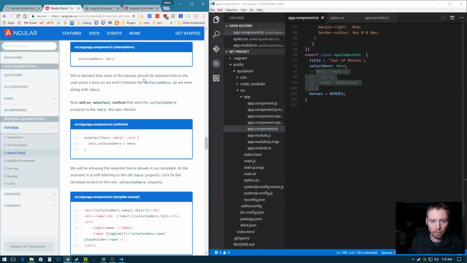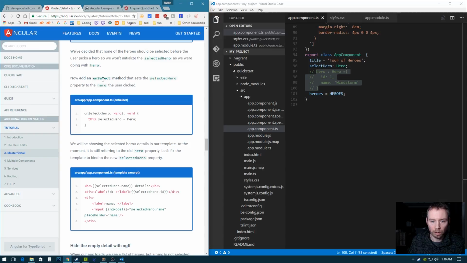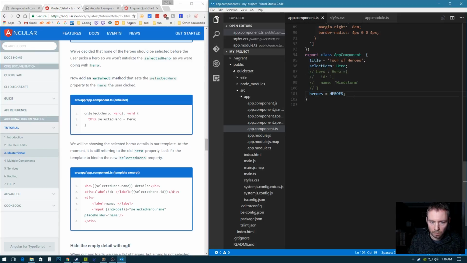We decided that none of the heroes should be selected before the user picks a hero, so we won't initialize the selected hero as we were doing with the hero. Okay, now add an onSelect method that sets the selected hero property to the hero the user clicked. So we're creating this method probably below these variables. onSelect, hero